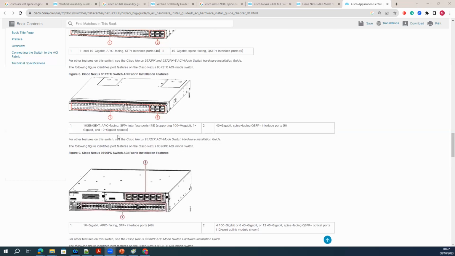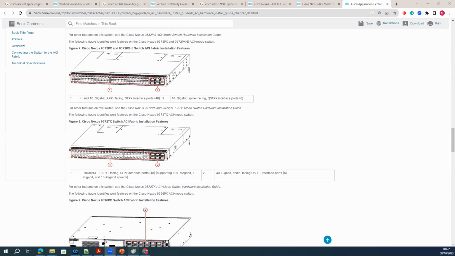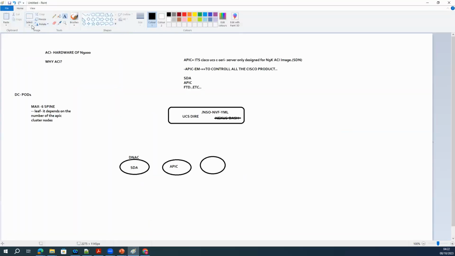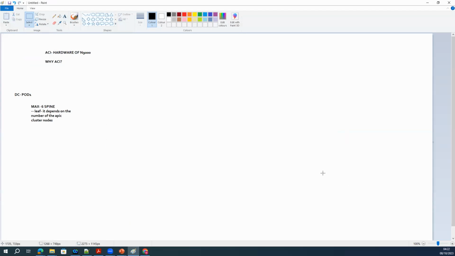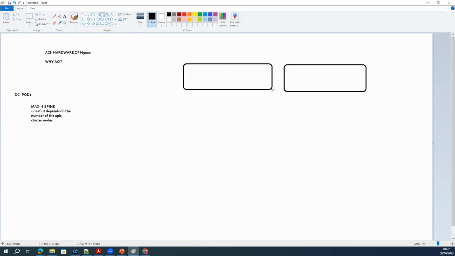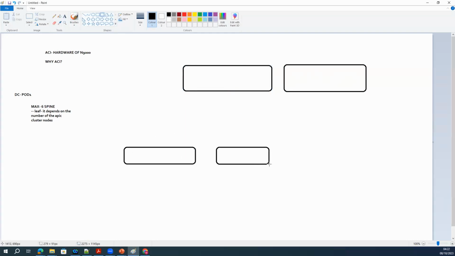Like you said, there are predefined ports, fabric ports, to connect to the spine. So, is there any option in certain conditions that normal ports can be programmed as fabric ports?